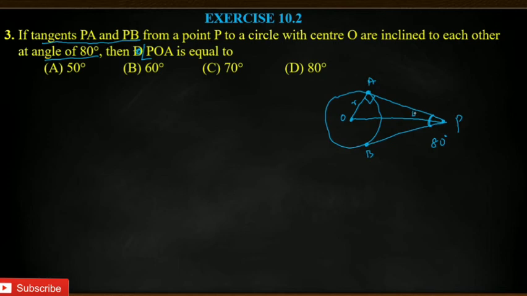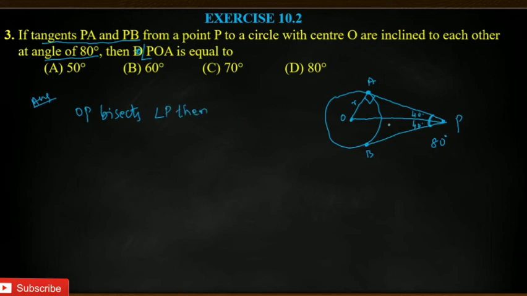Whatever, children, this is 40 and this is 40, it will bisect, because OP always bisects the angle P. We have that proof in theorem 10.2. You see the theorem 10.2, that remark they have given clearly, that explanation, that this will be bisected. You need to read the theorem 10.2 remark. Okay children, then only you know why we are writing this is bisect. So here you just write this answer. So OP bisects the angle P.